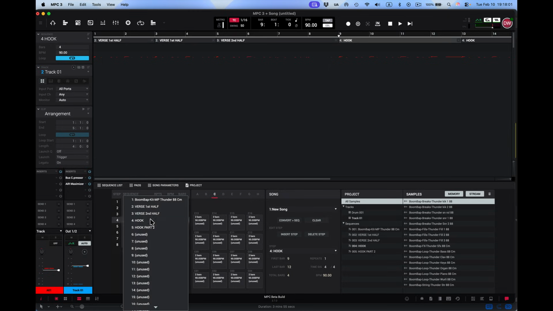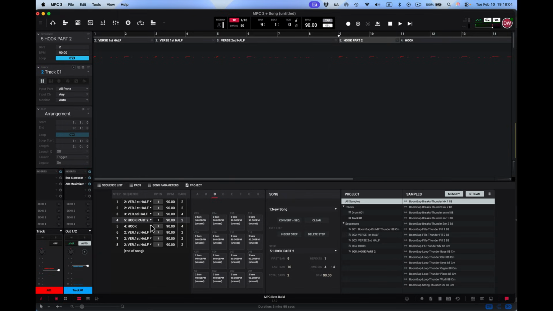I may want to come here and add this second hook part in the top. And I got a different setup here. At the end, I come down to here. I may want to go to here and do the second half of the verse. Then you'll see here from the top,